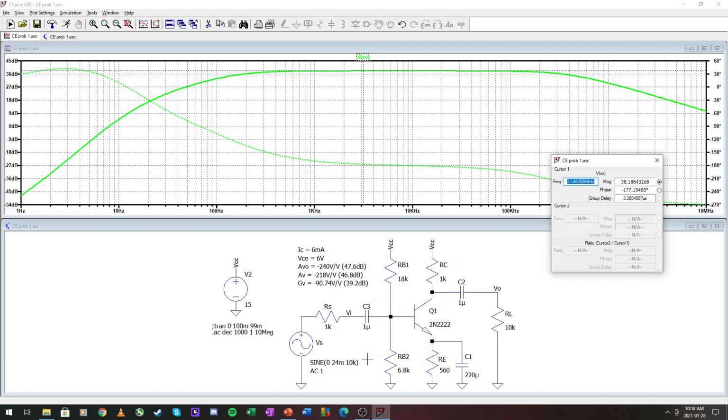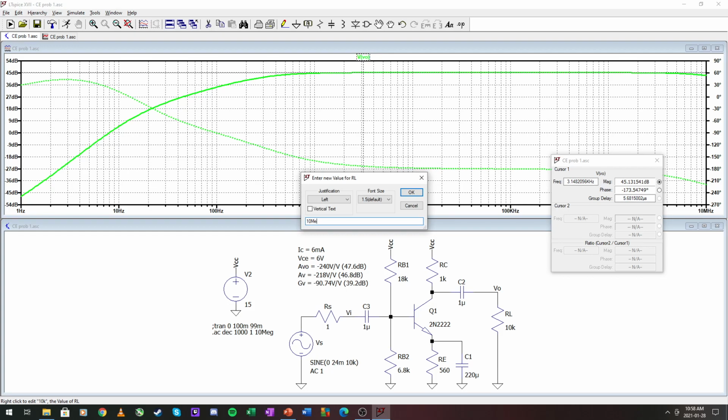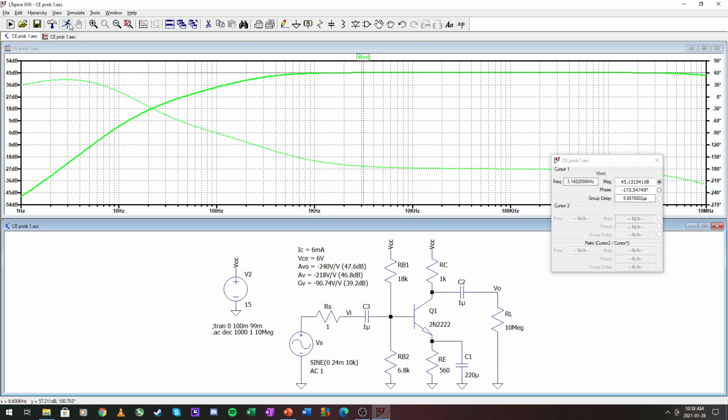That is due to component selection and unaccounted parameters. If we reduce this to 1 ohm, we will get our loaded gain 46.8, so we calculated 45.1, so the difference for the first one and this one is kind of the same, so 45.13 decibels, and then our maximum gain